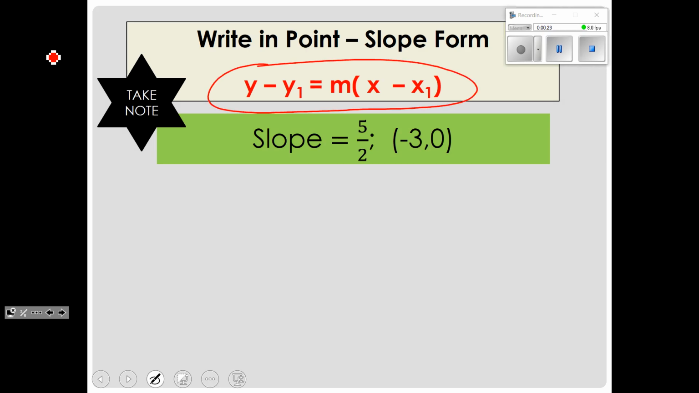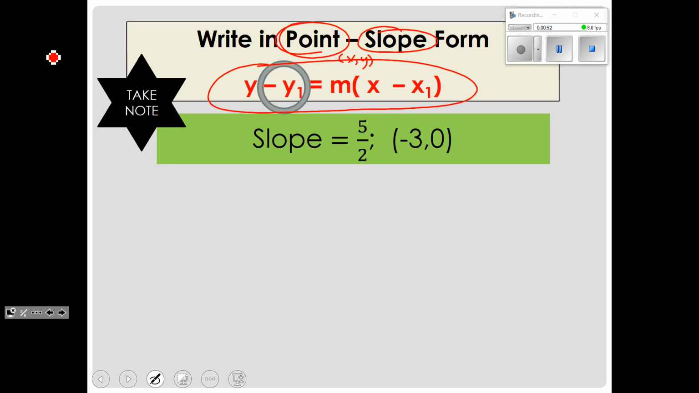You'll see that it says y minus y1 equals m, and then in parentheses x minus x1. As the name says, in point-slope form, we are going to need a point, one ordered pair with an x and y, and we're going to need the slope in order to write it in this form. So when you have a point and the slope,